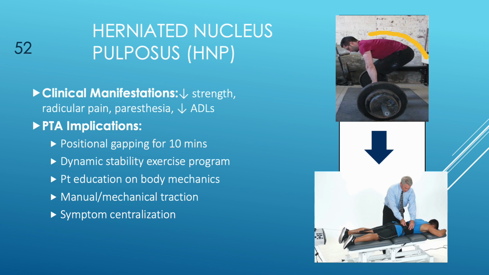PTA implications include positional gapping for 10 minutes, using specific positioning techniques to create space between vertebrae and relieve pressure on the affected disc; dynamic stability exercises, such as implementing exercises that target core stability and improve control of spinal movements to support the affected area; and patient education on body mechanics, so teaching proper body mechanics and movement techniques to reduce strain on the spine during daily activities;